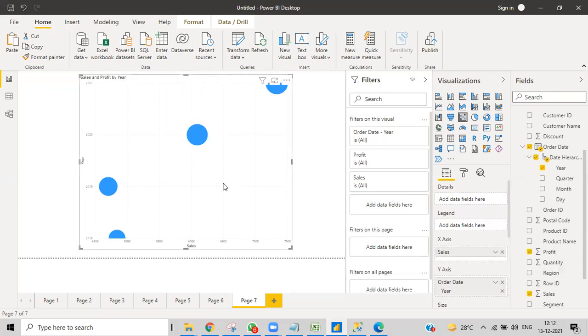So generally this looks like a comparison between two axes. One is like this, and then one is what the sales are, and based upon that, how they increase. In 2018 how it was shown, and then in 2019 how it was. Sales were decreased but profit was increased in this year, and then here sales also increased and profit also increased. This year sales also increased and profit increased, but compared to 2018 sales were decreased but profit was increased.